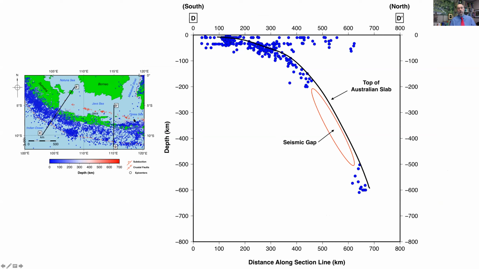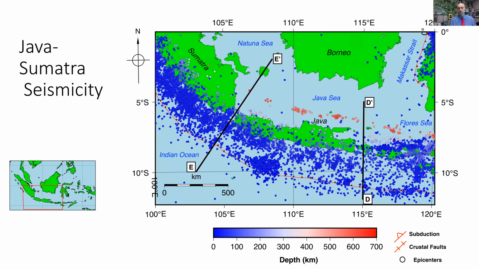For cross-section D, shown here on eastern Java, the Benioff zone, the pattern of seismicity is very clear to a depth of 200 kilometers. Then there's a seismic gap and deep earthquakes down at around 500 to 600. So this gap can be due to either an absence of the plate or an absence of stress in the plate. If we look at profile E prime,